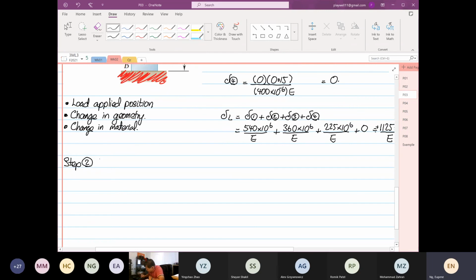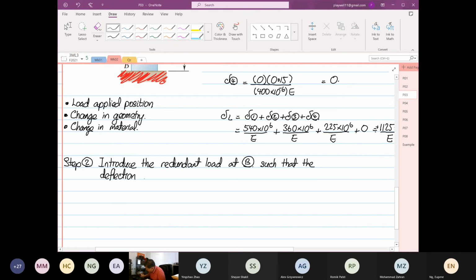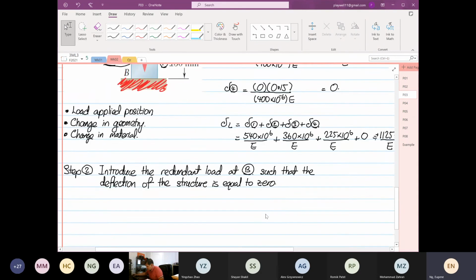We are going to introduce the redundant load at point B, such that the deflection of the structure is equal to 0. So what we are going to do now,